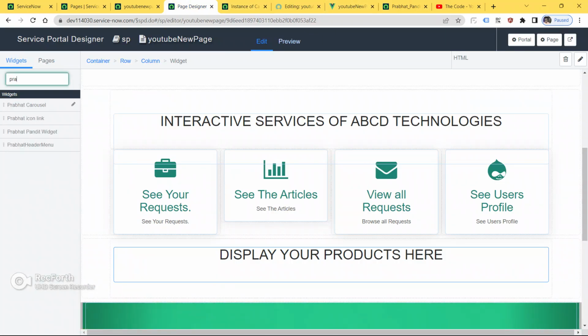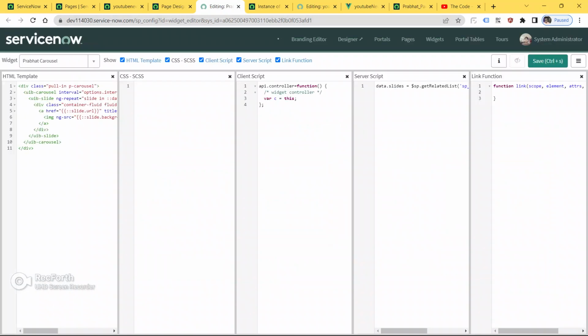Just go here and search our YouTube carousel, click on the pencil icon. We will give fluid also here.